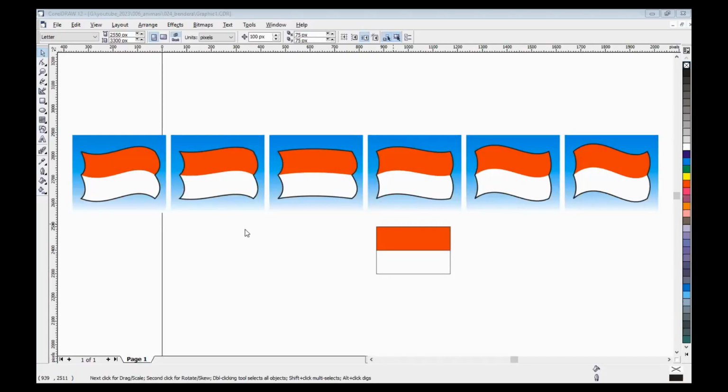Okay, guys, let's try to lay out the flag animation on Photoshop. Before, we tried to lay it out on Animate, but now we try to lay it out on Photoshop.